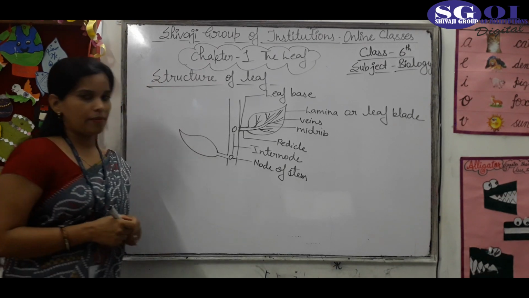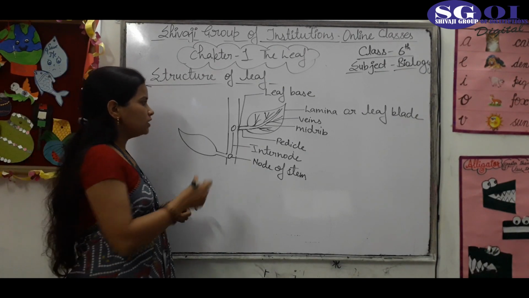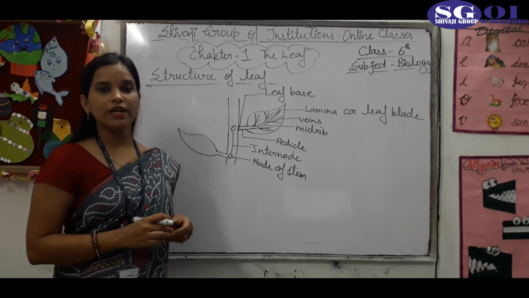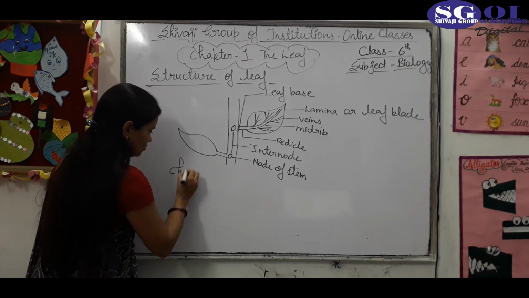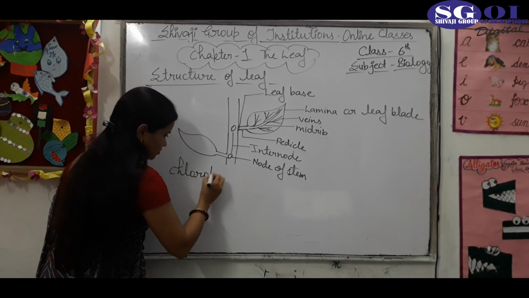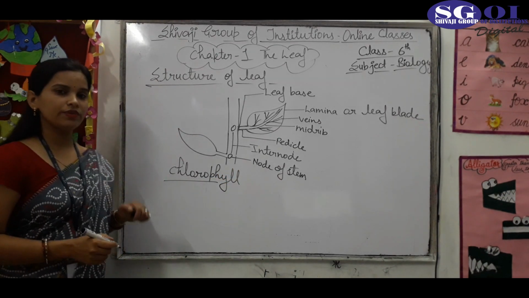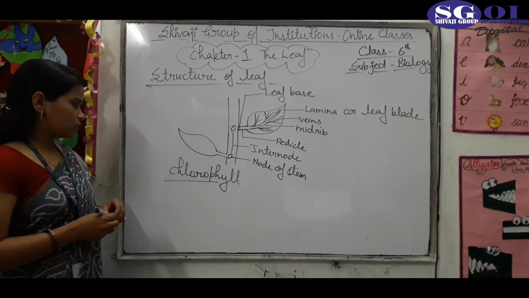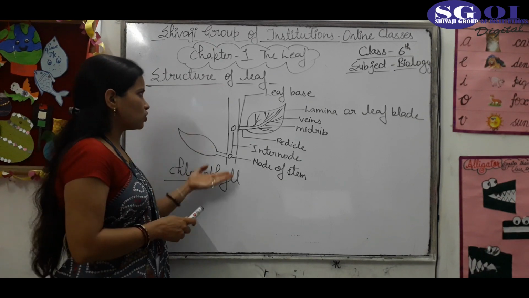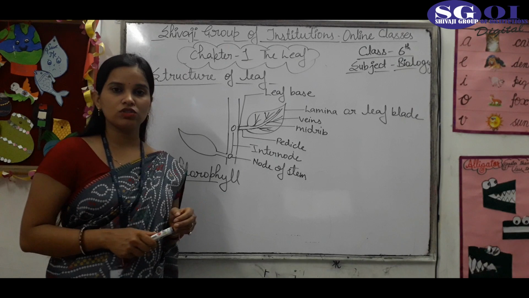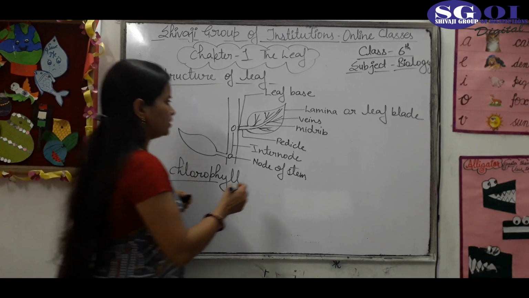Now, why are the leaves green? Leaves are green in color because of the presence of a pigment, chlorophyll. And students, the leaf also plays various functions. This is the structure of a leaf, and now we will discuss the functions of the leaf. Actually, leaf plays various types of functions. First function of the leaf is